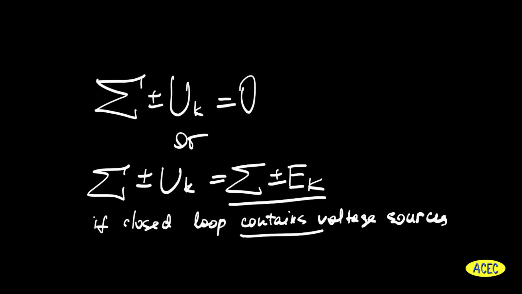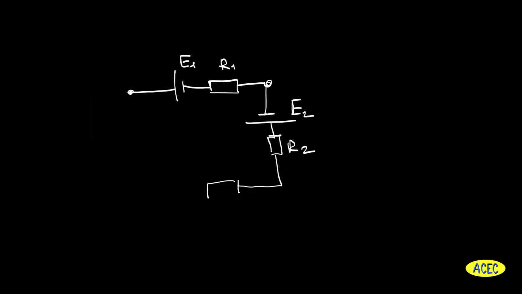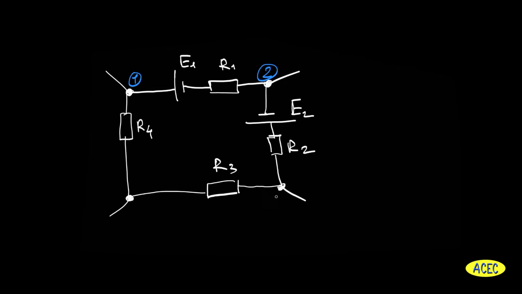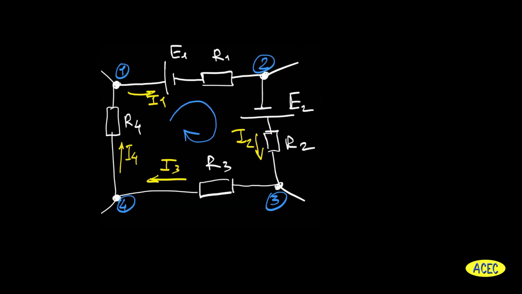What does it mean? Let me explain this with the following example. We have the following electrical circuit. So we have a closed loop which contains voltage sources E1 and E2. It has a number of loads R1, R2, R3, R4,